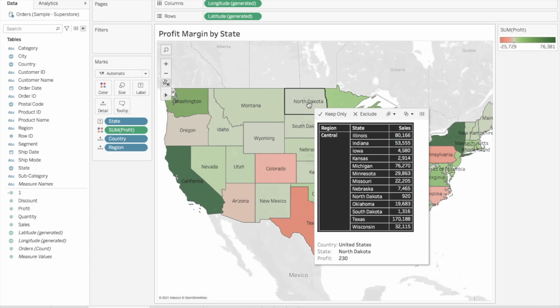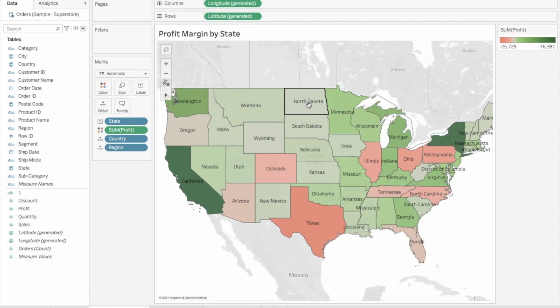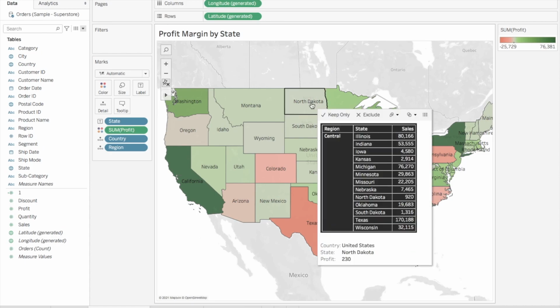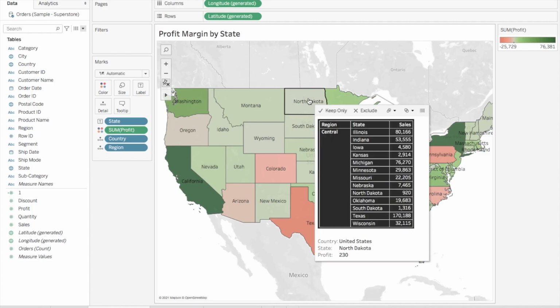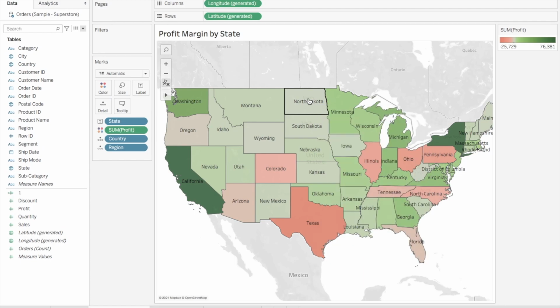Okay, so now you can see the difference, right? Previously you were seeing the sales only for North Dakota state. But now you are seeing it for all the states which lie in the region where North Dakota lies, right? North Dakota lies under the central region. After I removed the state from the filters, it's not filtering on state equal to North Dakota. It's only filtering on region equal to central, which is the same region in which North Dakota lies, right? So this is the difference.